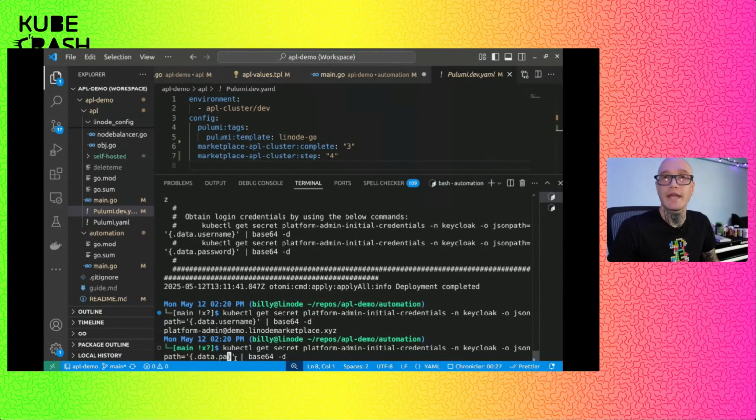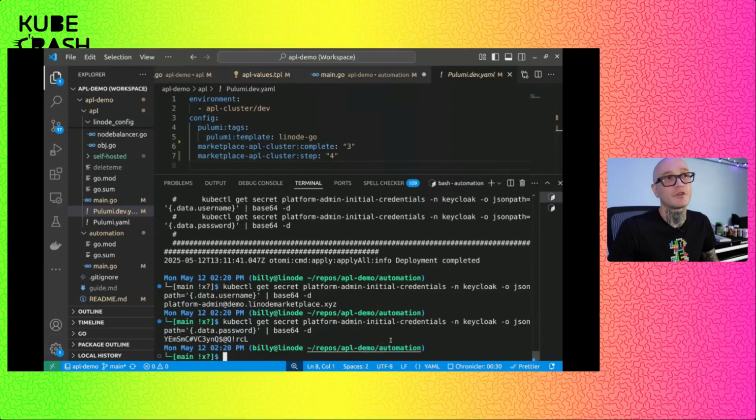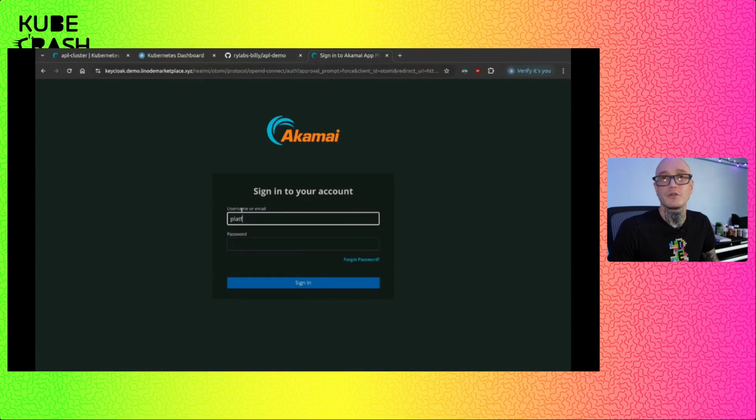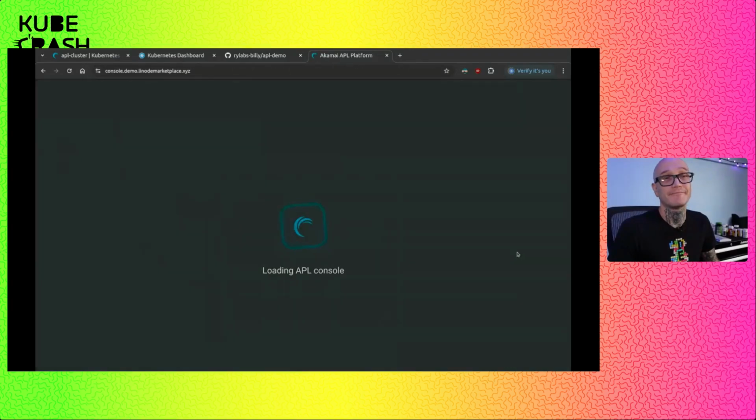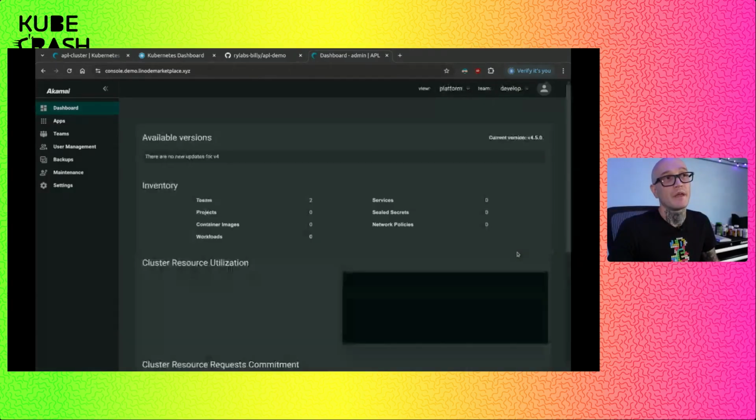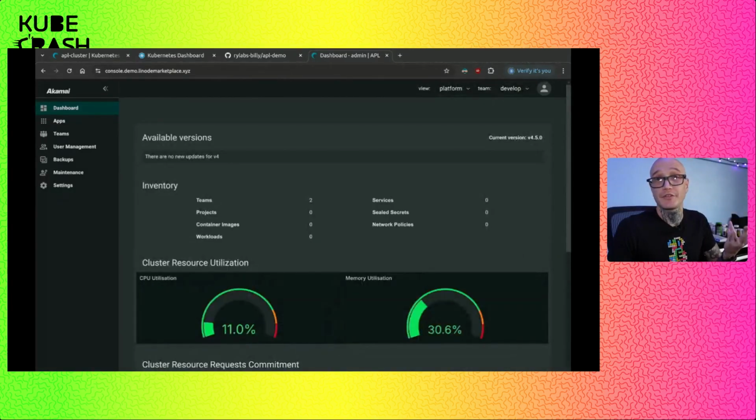And it is okay that this password is given to us in plain text, because Keycloak is configured to force you to update that password on the first login, which is what we are doing right now. Pop that in, hit submit, and this is your platform.